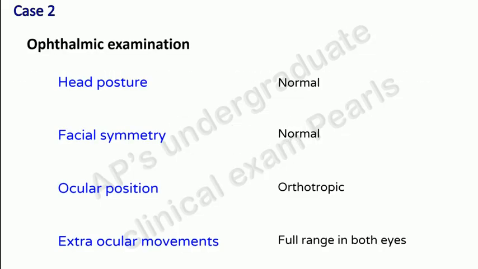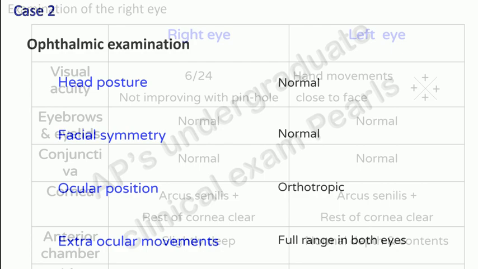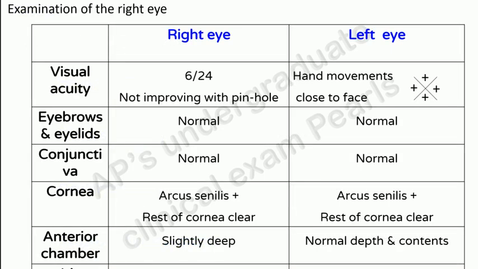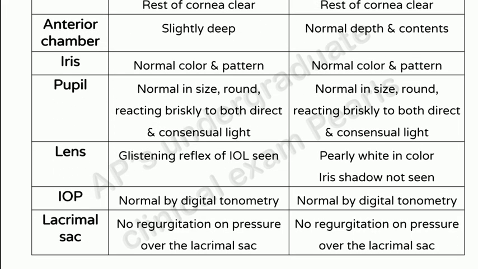Just one more case we'll see. These first four parameters are the same. Examination of the right eye: visual acuity 6/24, not improving with pinhole, eyebrows and eyelids normal, conjunctiva normal, cornea arcus senilis present, rest of cornea clear, anterior chamber slightly deep, iris normal in color and pattern, pupil normal in size,